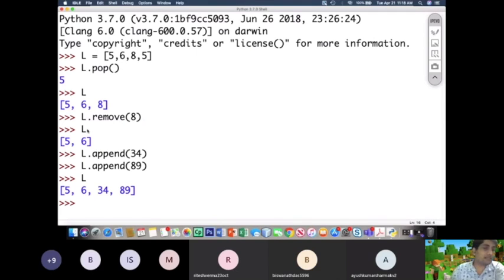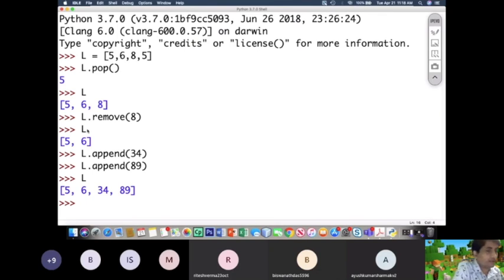Now see, L is 5, 6, 34, 89. Now I want to remove 34. That means I want the element to be removed from index number 2. Now how to remove that element from index number 2? The remove function removes a particular element if it is present in that list.